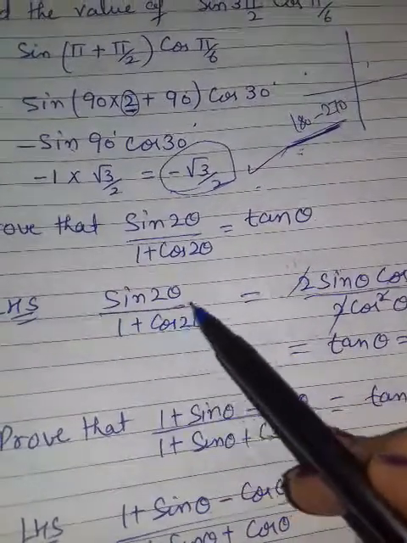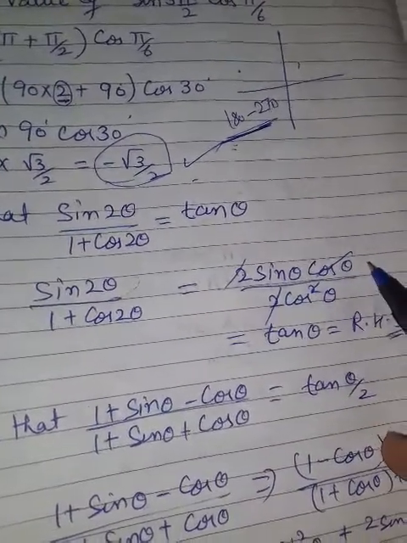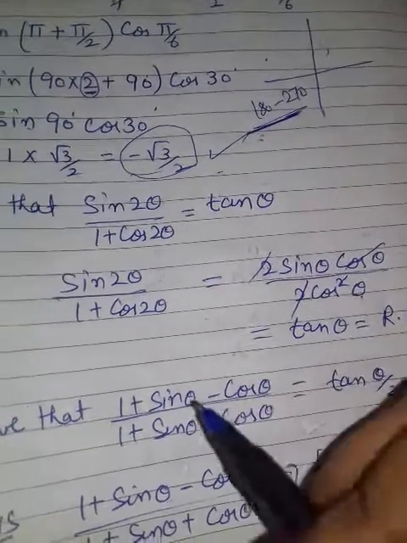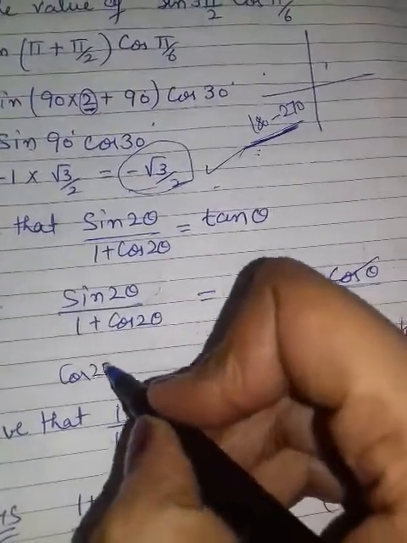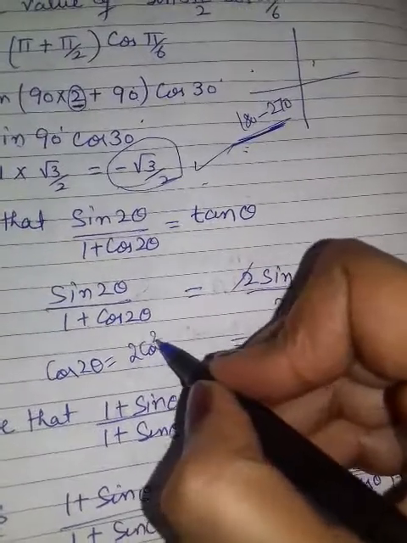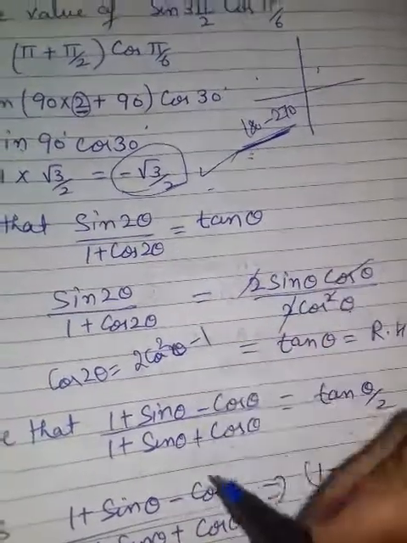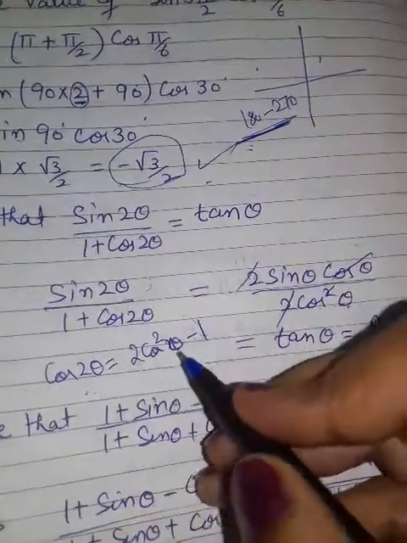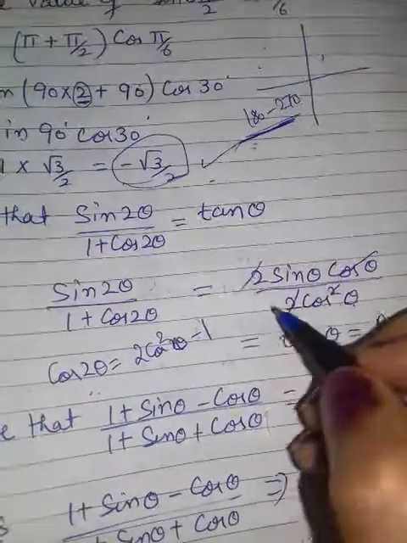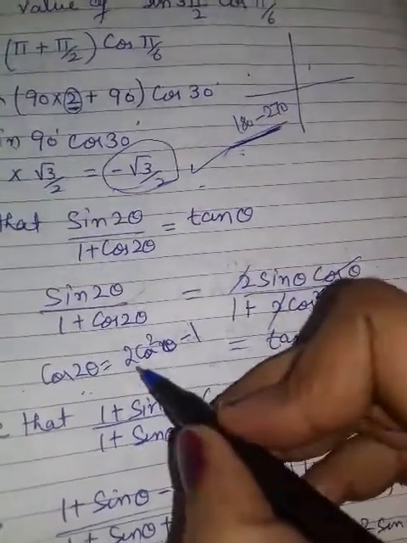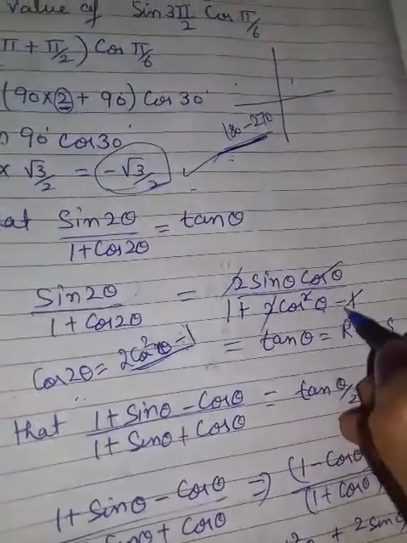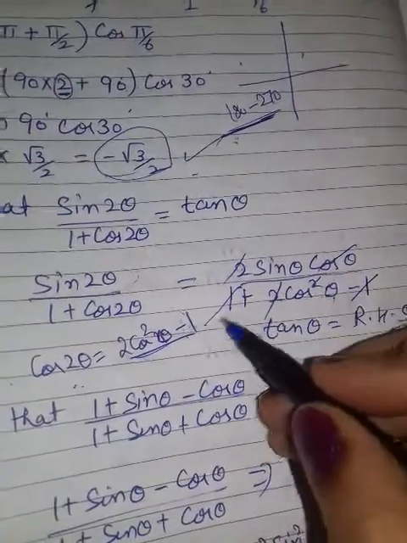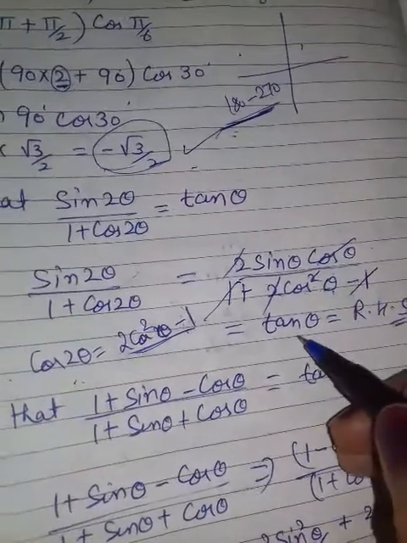I put the identity of sin 2 theta, you know, 2 sin theta cos theta, and this one identity is 2 cos square theta. Now you are thinking how it came. See, cos 2 theta is equal to what? 2 cos square theta minus 1. Clear? But minus 1 is here. So you can say no problem. Firstly 1 is kept same, plus cos 2 theta, value put here, 1 cancels. Clear? Now only 2 cos square theta is left. 2 cancels, cos cancels. Sin upon cos is tan theta.